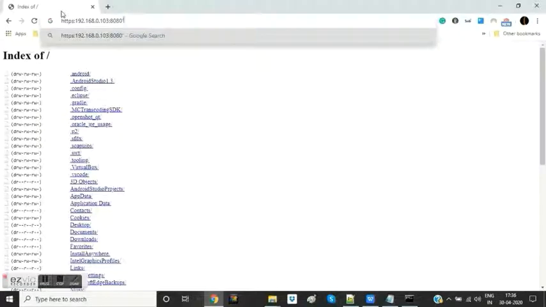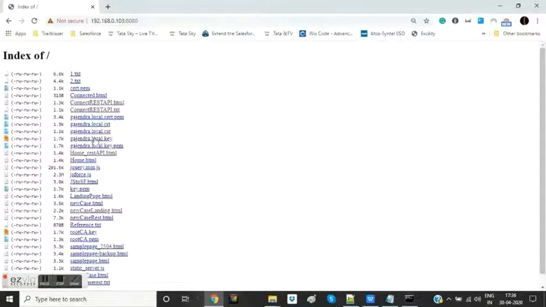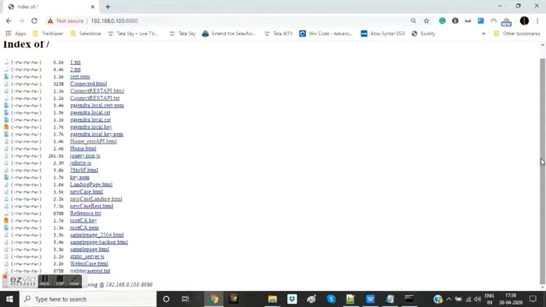It will show me all the web files which I have put here and which I want to host on this HTTPS server, to use as a dummy web interface to interact with my Salesforce application using REST API.